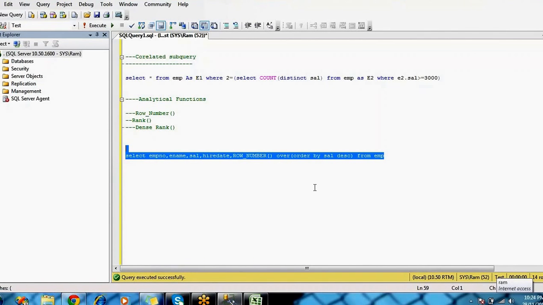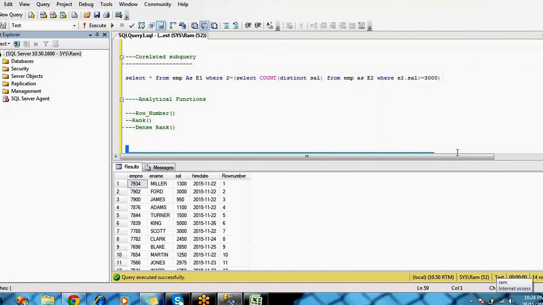You can put any column, you can put EMP number also, with the alias name row number. It just generates the sequence number 1, 2, 3, 4, 5, 6, for each row.